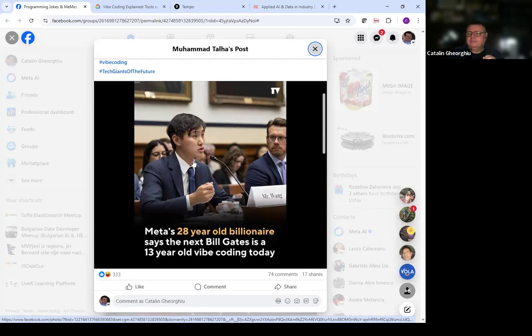Since we're going to use more than one tool for vibe coding, how are we going to measure what we have? That's another problem: how do we evaluate the results of the AI?